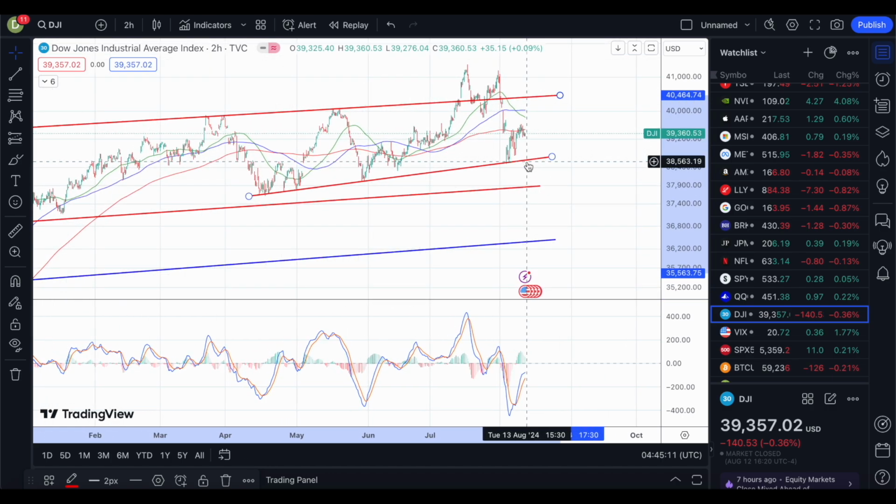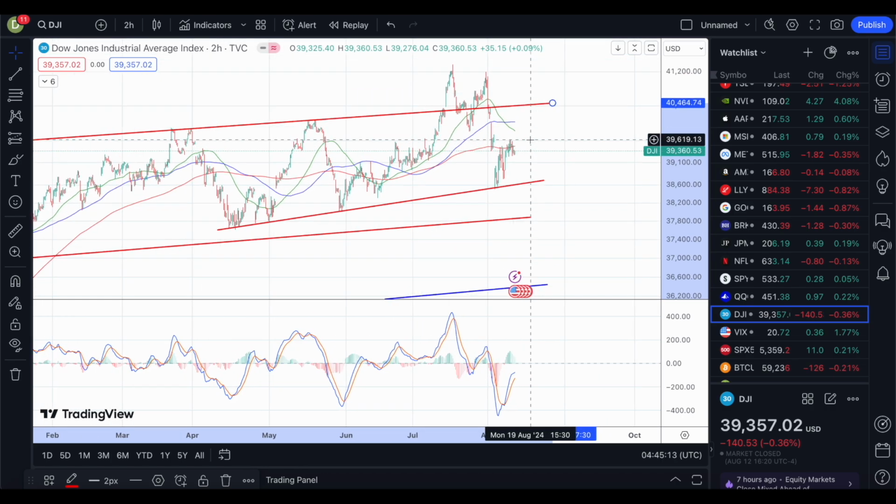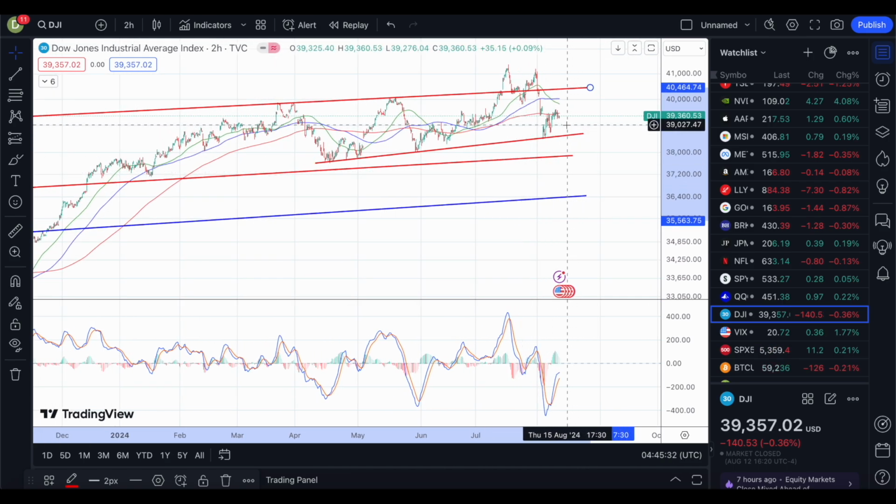Now to the downside, if the markets are not in favor of the CPI and PPI inflation numbers, personally, Tuesday, I don't expect it going lower than this upward trend support level, which is pretty much, give or take, about, depending on when it hits it, right? The longer it takes, the higher the low will be, but about 38,600 points, give or take. There is support on the way down, obviously. We'd be looking at support about the 39,000 points, so about 357 points lower than what we closed at.